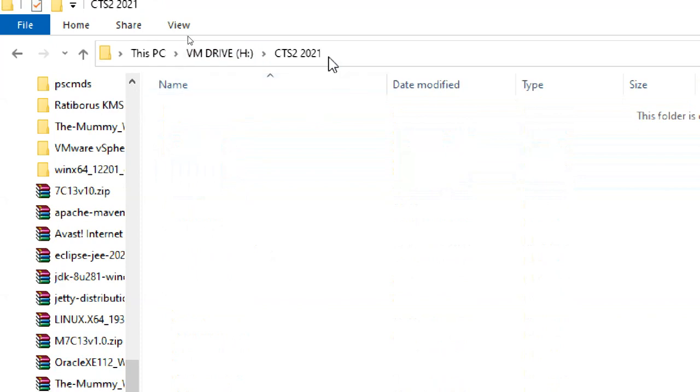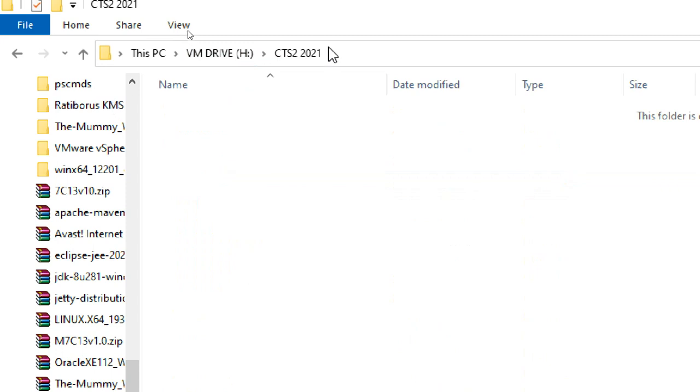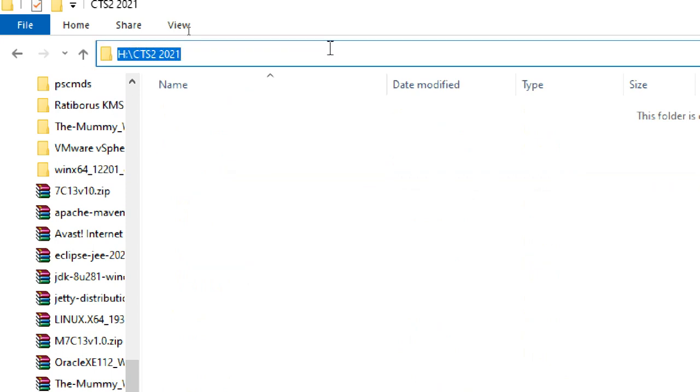So this is my folder CTS2. I'm going to CTS2 2021. This I created in the H drive. You can also see where you have more free space, and there you can create some name. Otherwise, leave it like your virtual machines, my virtual machines, VM folder, any name.